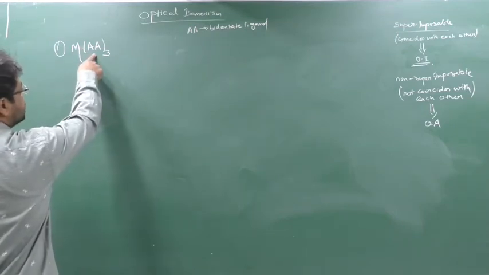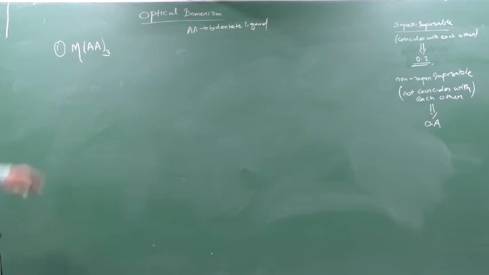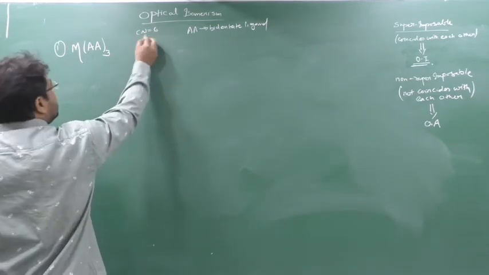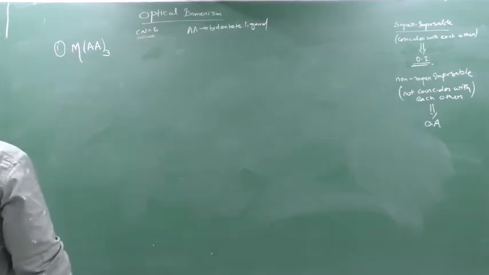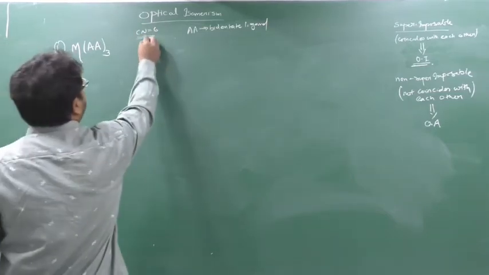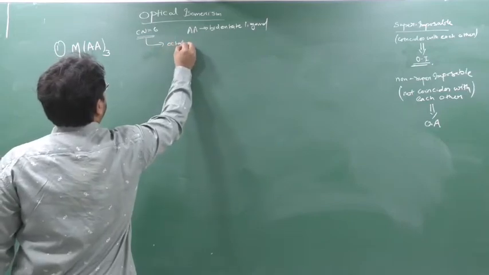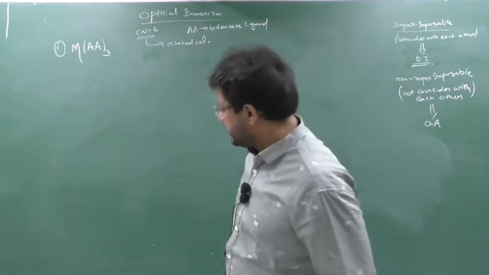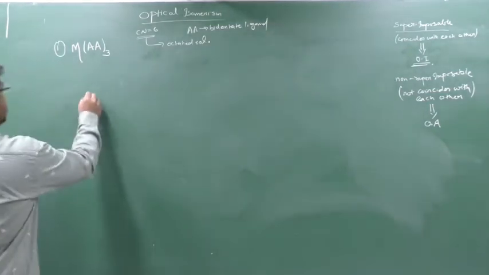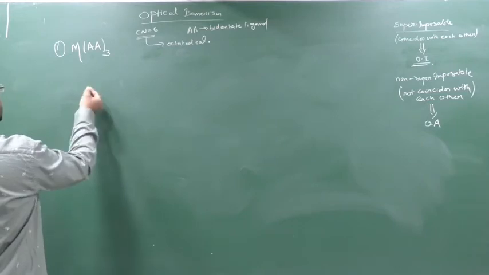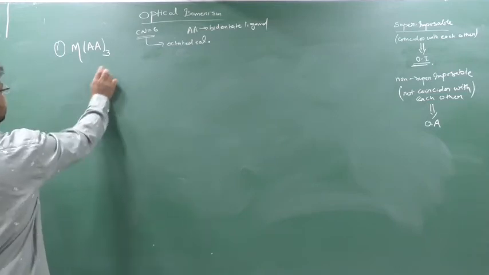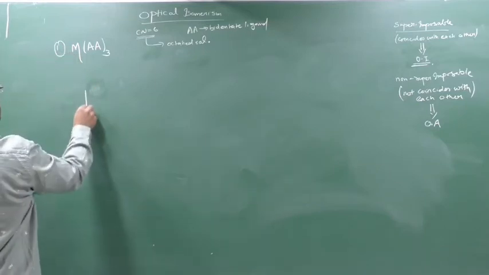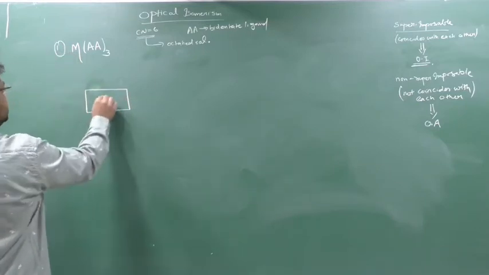Chalo. So AA is a bidentate ligand. The donor sites are 2, so 3 times 2 is 6. So coordination number is 6 here now. I am doing this only for coordination number 6, and coordination number 6 means which shape? Octahedral. Now see here, first I will create this MAA3. Last class I explained the trans and cis positions also.